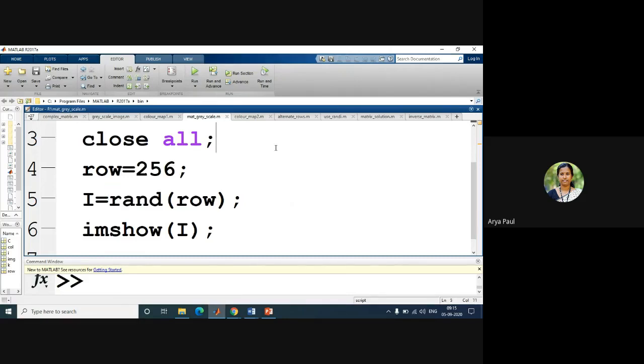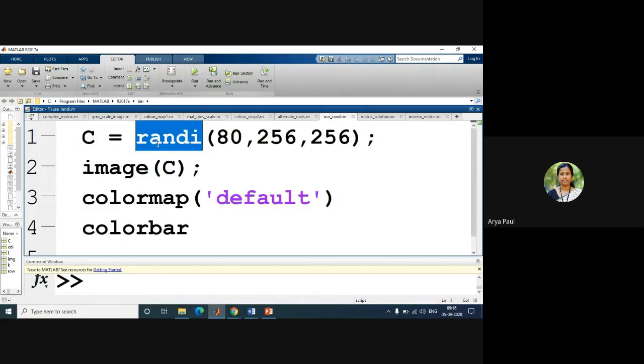If you want to create random integers, not between 0 and 1, but between 1 and 85 or 1 and 100, then you can use the randi function, rand I. This is different from rand. Rand is between 0 and 1 only. Randi means you can specify up to what integer you can create the random values.